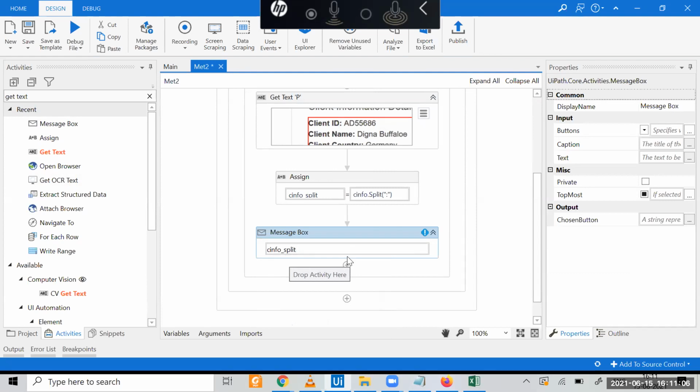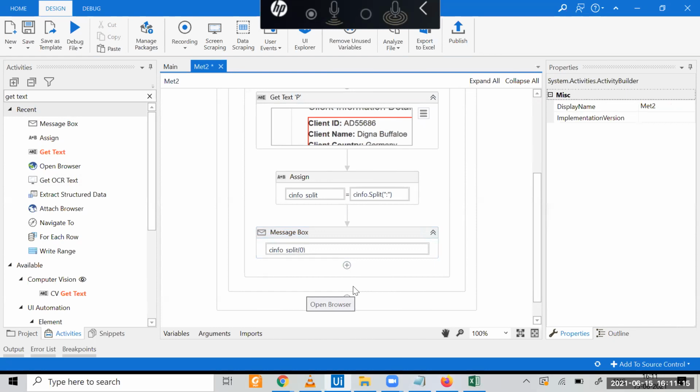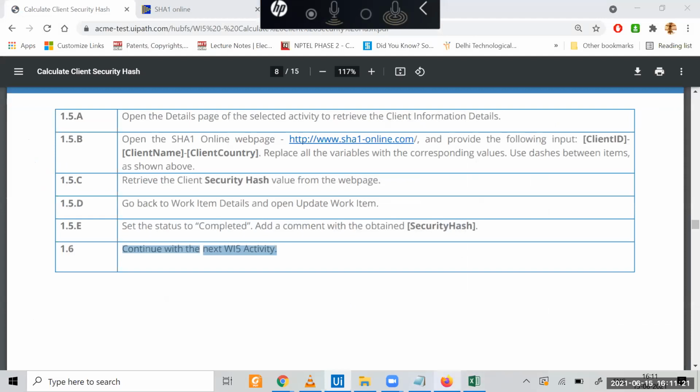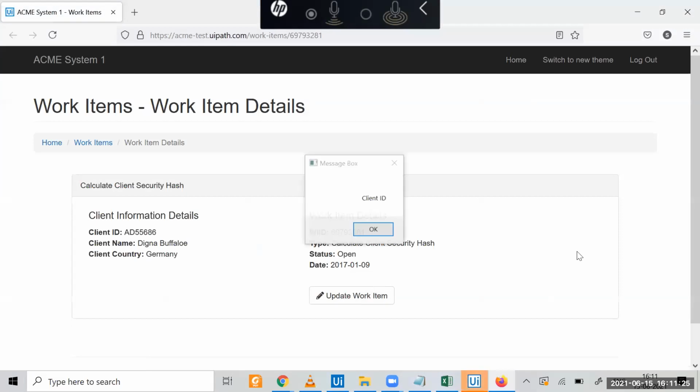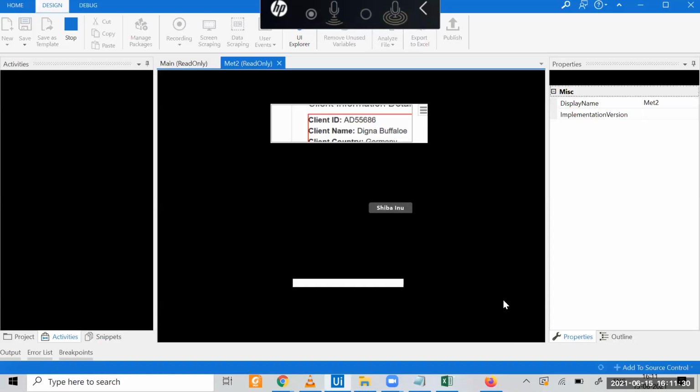That is one problem we are going to see. So let's see the first one, the 0th location, what it is showing. We'll see one by one, change and see. Running this file. I need to close this one. So the 0th location is client ID, right?